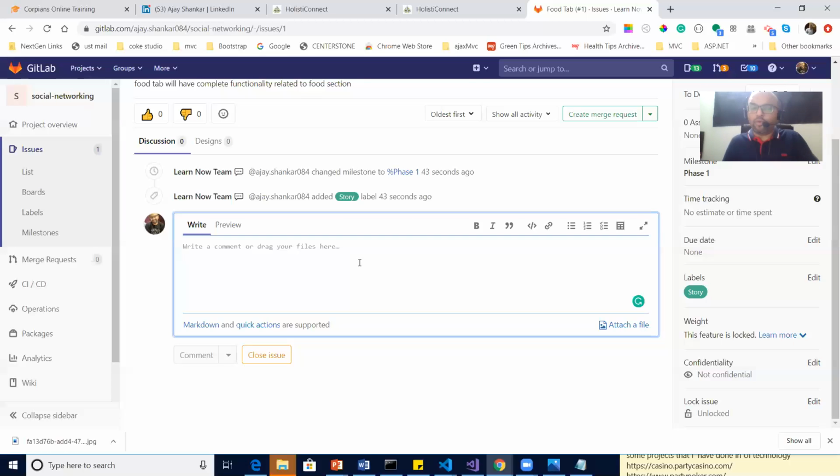But not actual code; this is not the place for code. Apart from code, any document, any snapshot. Let's say you design some screens of the food tab, you can take a picture and upload it here. Anything related to food functionality will be here.